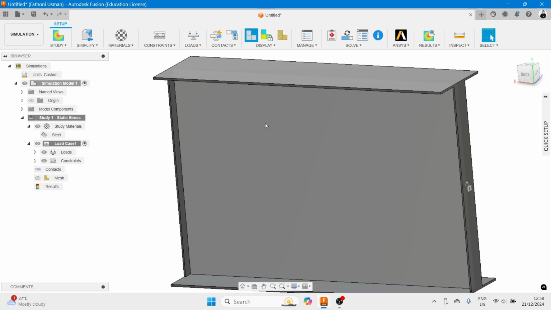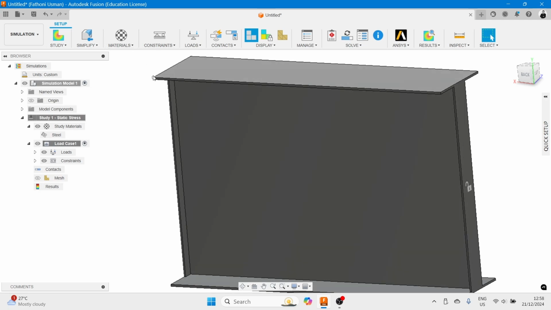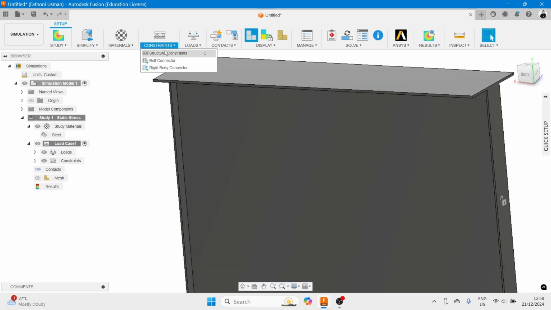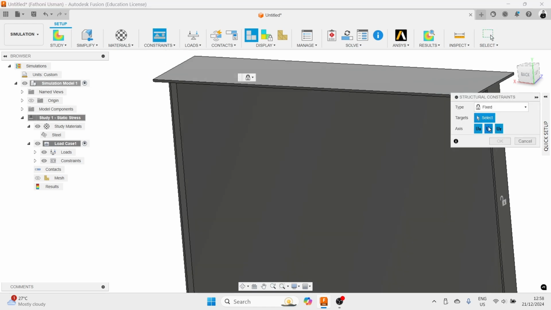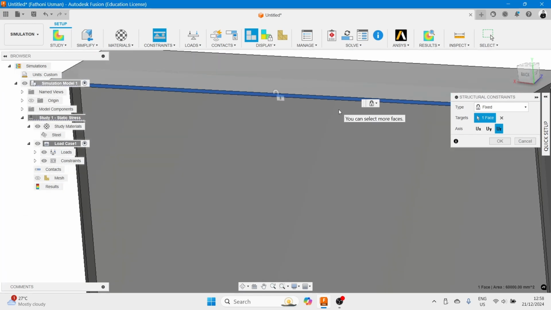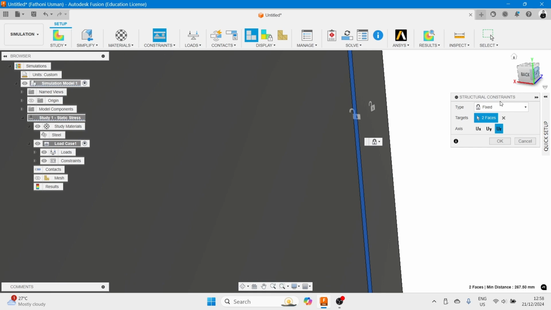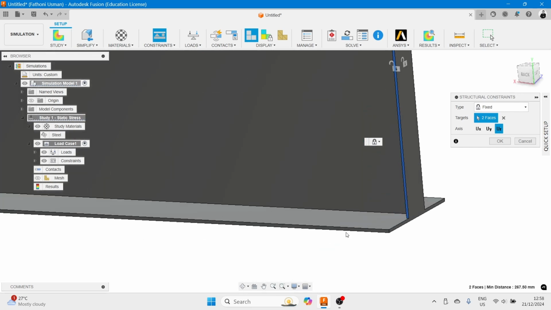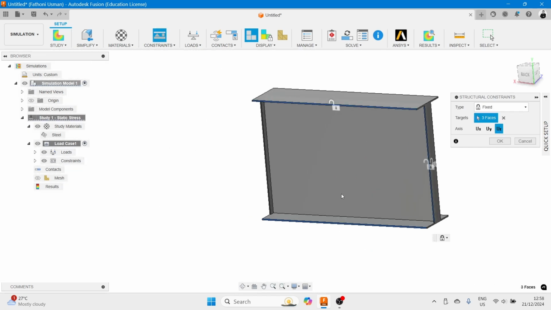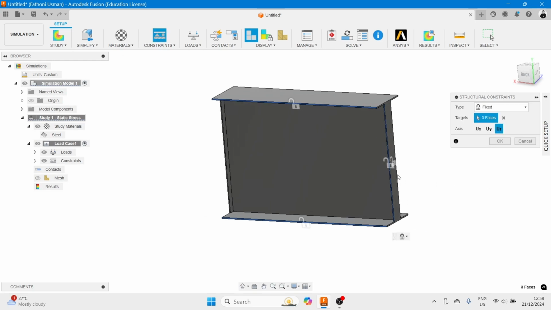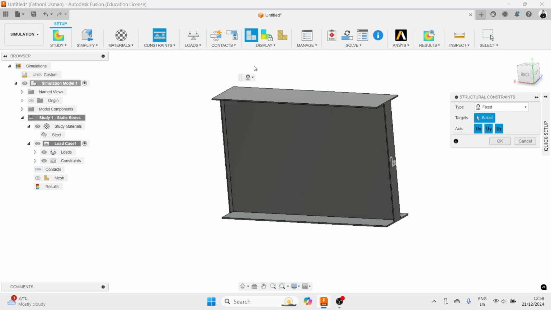So then I just want to give you some example here. So you can set a constraint here. Let's say only for Z here on this surface. So it is not moving about the Z axis on that one. And then you can place this one, or you can just simply set it fixed at this point. Let me cancel this one because I unintentionally